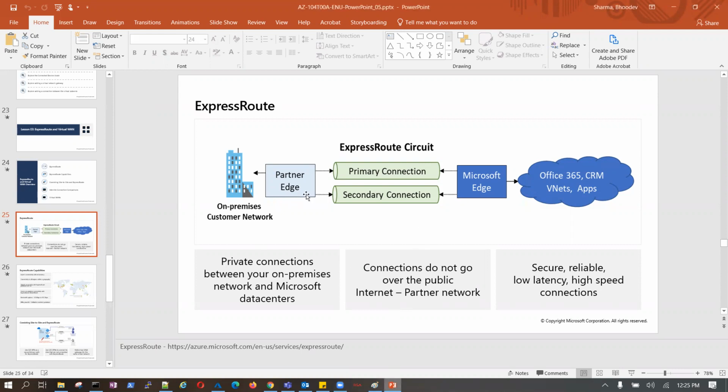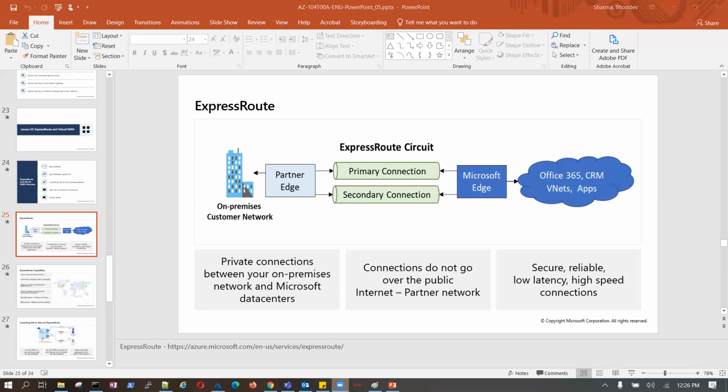Now, in this private connection between your on-premises network and the Microsoft data center, connections do not go over the public internet. It is a partner network. It doesn't go over a public network.